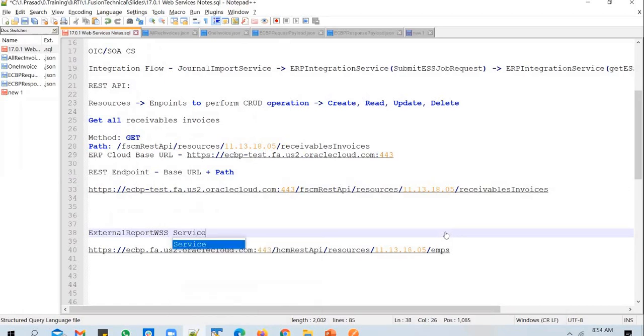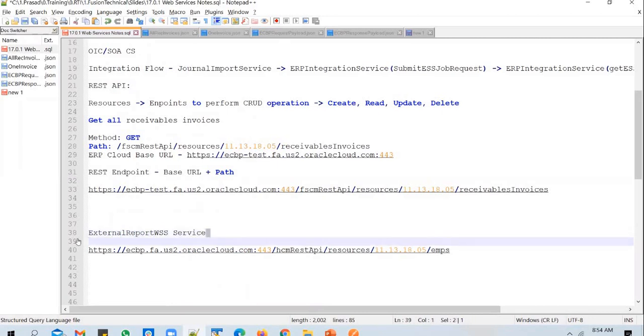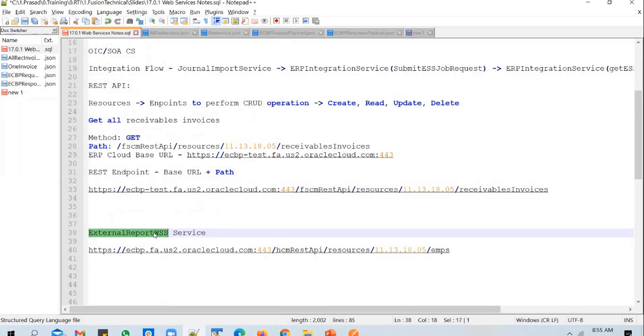You can search for this. It is again a standard SOAP service, and in this SOAP service you have an operation called run report. To the run report operation, you pass in the report path that you want to execute, and you pass in the parameters. You will get back the output in base64 format, because a file will be generated. When you run a BIP report, it could be a CSV file or a PDF file. That will be converted into base64 format, and you will receive that as a response when you invoke this service. That base64 string you can pass on to the other application, and ask that application to decode it.